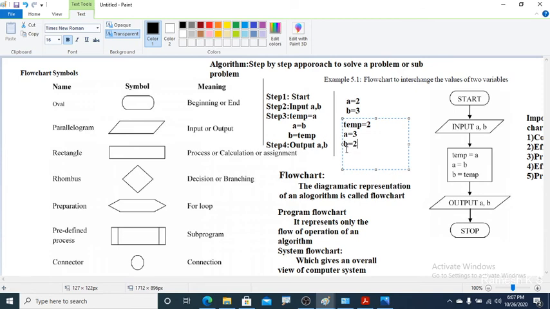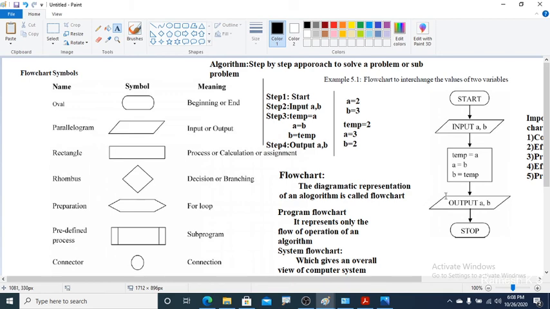Correct. Now you can observe, first I am moving the value 2 into temp. Further, the B value I am moving into A, so now A becomes 3. Now the temp value 2 I am moving into B. Now the A value has changed to 3 and the B value has changed to 2. Earlier A was 2 and B was 3; now A is 3 and B is 2. It is interchanged, right? Now I am publishing the result. What output? A and B. So output A is 3, B is 2.